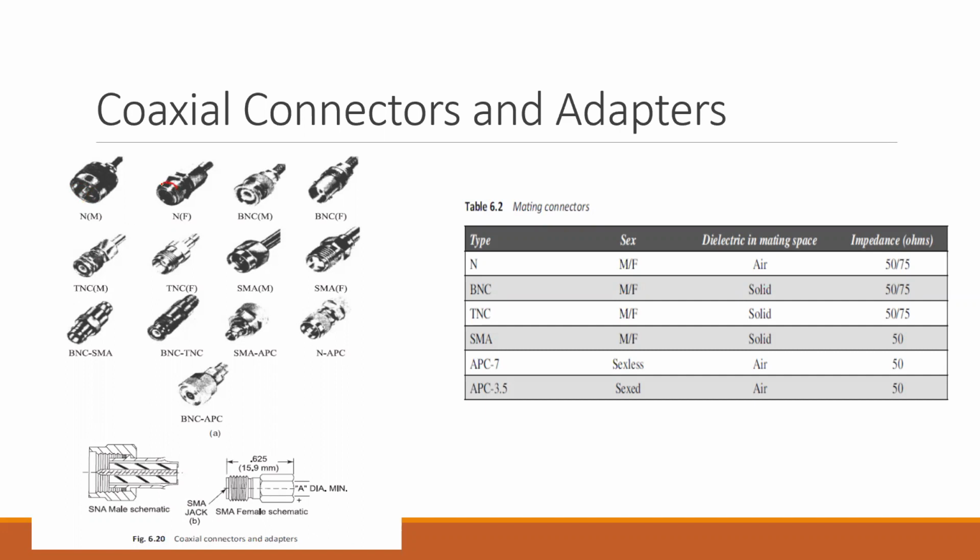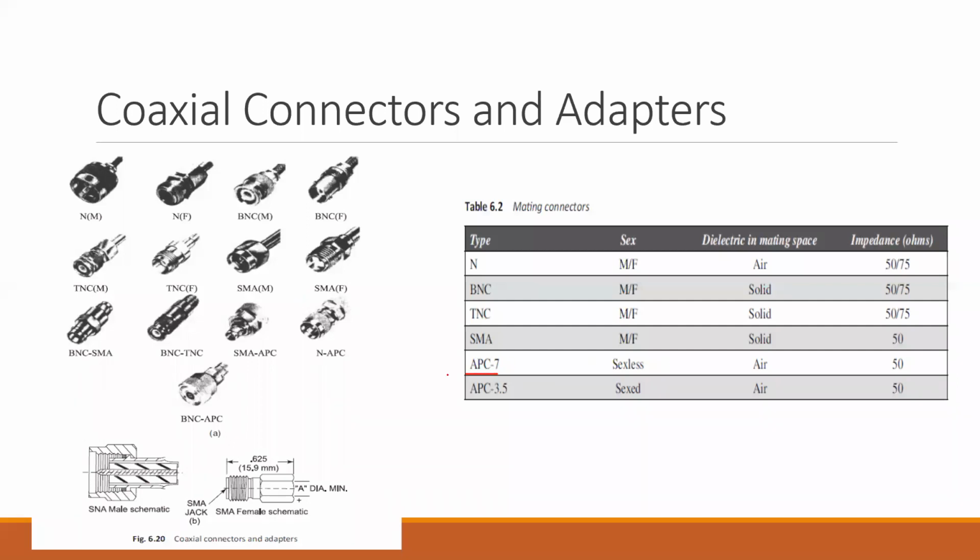Now, if the threading is on top of that connector, so here you can see that it is on top, that is the schematic you are observing over here. If the threading is on top, this will be classified as a female connector. These are just a few things to specify. In some cases you will not be having the threadings, say for example APC 7.